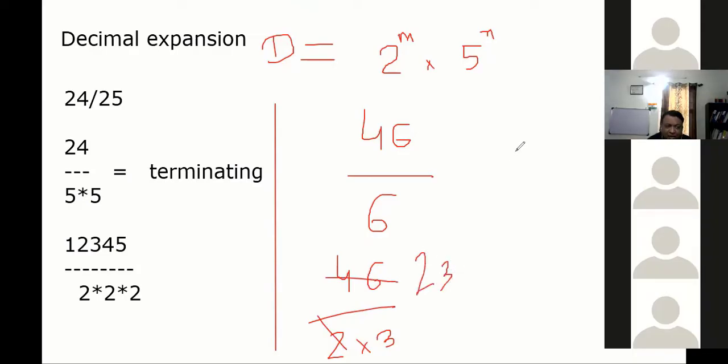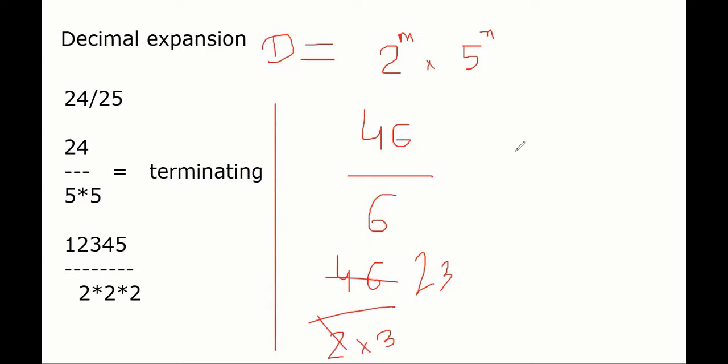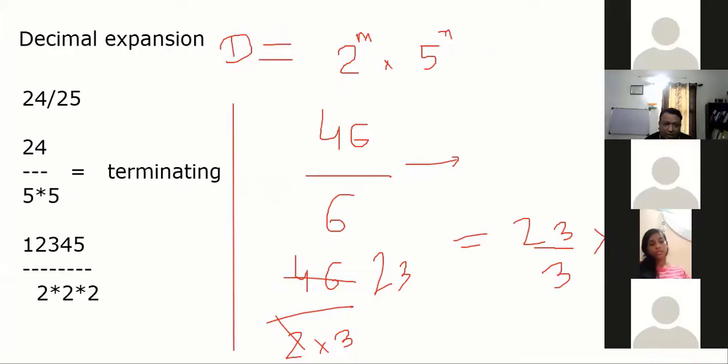So now what is your fraction? Now your fraction is 23 by 3. Is the denominator in the form of 2s or 5s? No. So it is not terminating. So first you simplify. Directly you cannot say, sir, 6 means 2 into 3, 2 आ रहा है तो terminating होगा. No. You have to simplify it first. In the simplest form, if you see the denominator in the form of 2s and 5s, then it will be terminating. Let's solve many examples of this, okay? And then you can ask me any question.